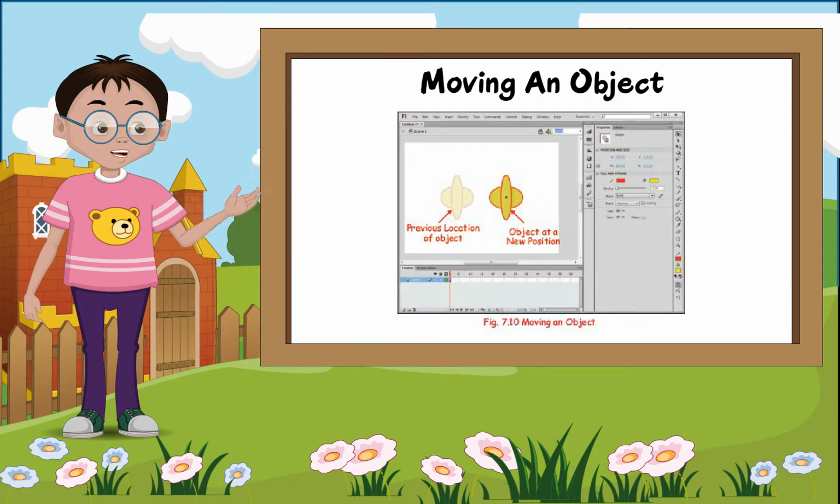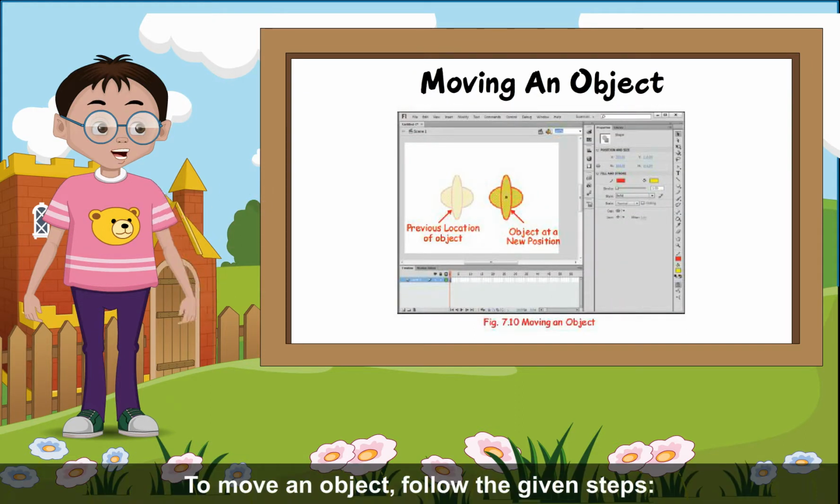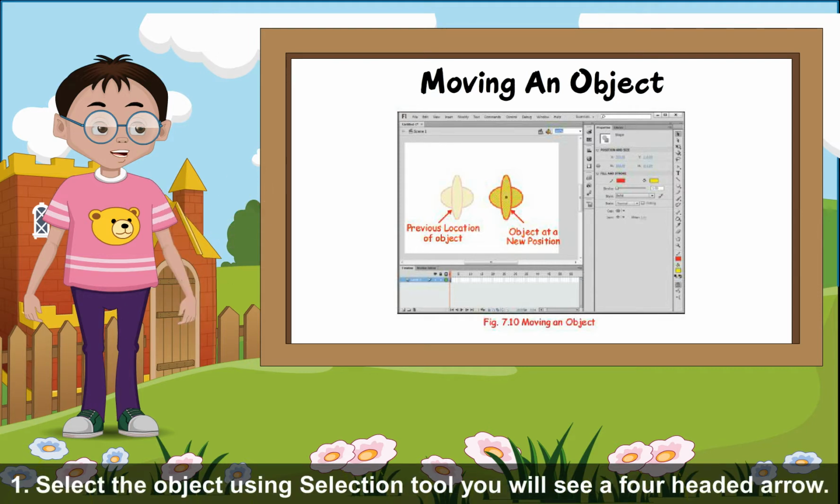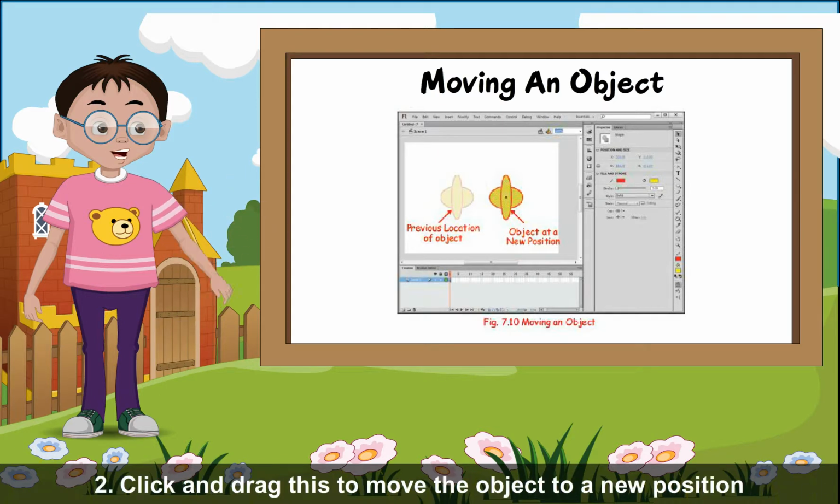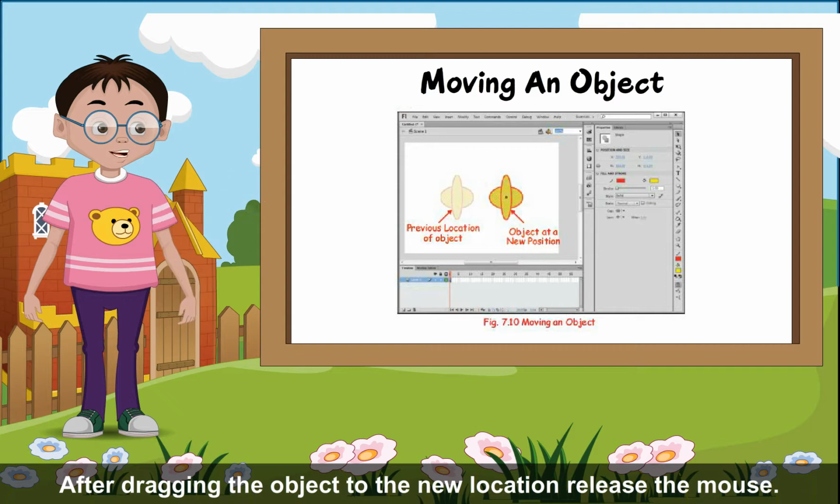Moving an object. To move an object, follow the given steps. 1. Select the object using the selection tool. You will see a 4-headed arrow. 2. Click and drag this to move the object to a new position. After dragging the object to the new location, release